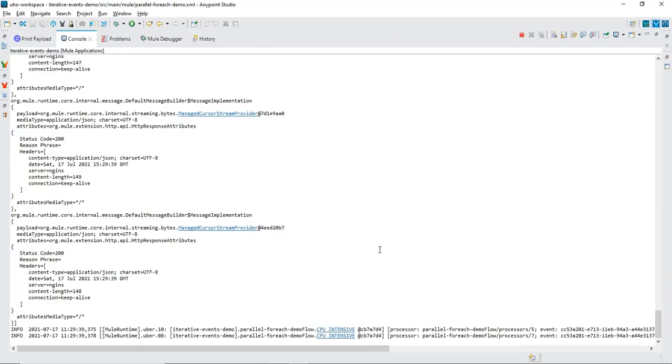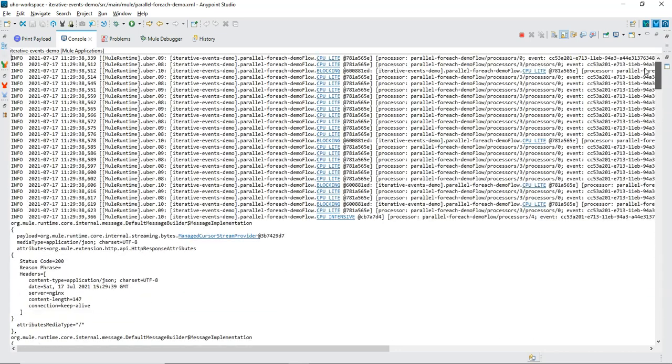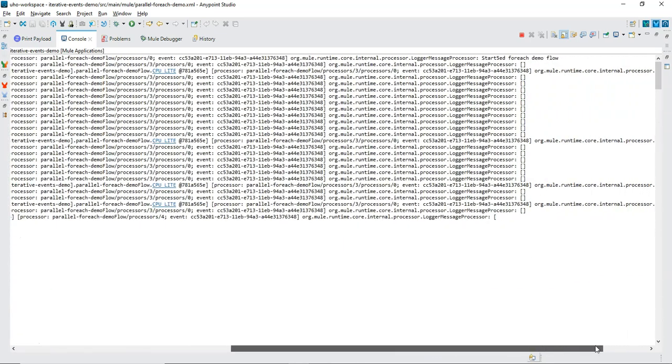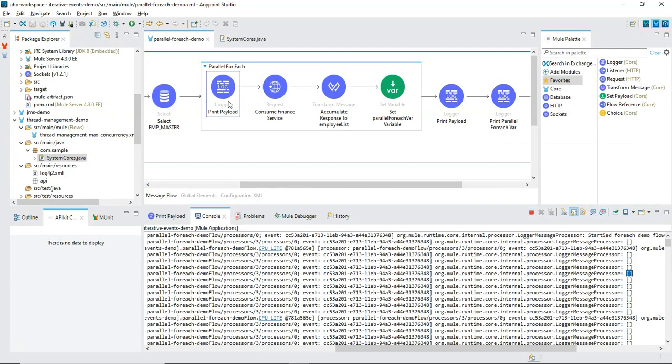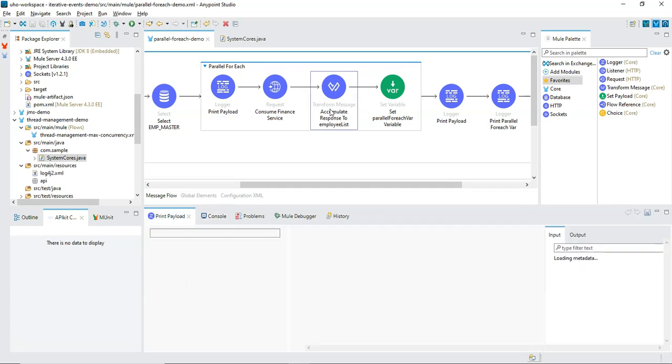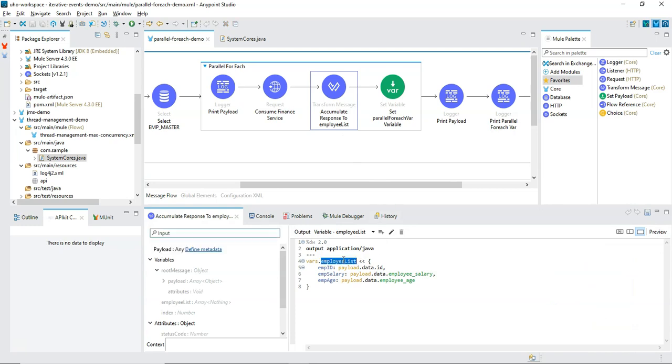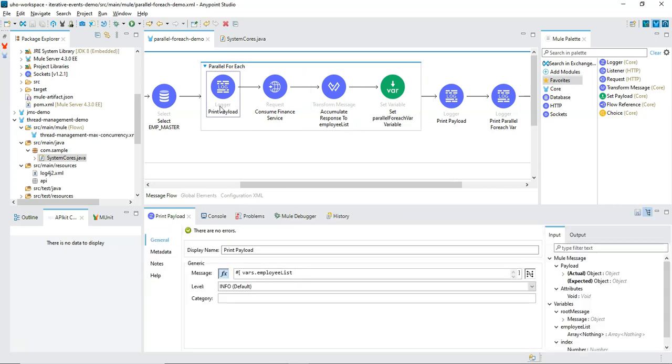Now we can see the output: it has printed the employee list as empty each time. What is happening inside parallel for each? Assume record 1 came and executed through it, and that accumulated to the employee list, but that variable is not available in the next iteration.